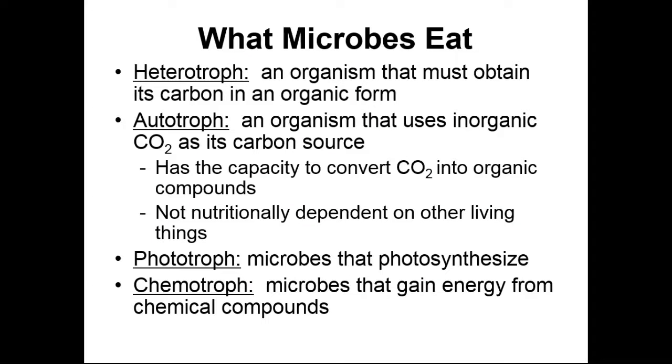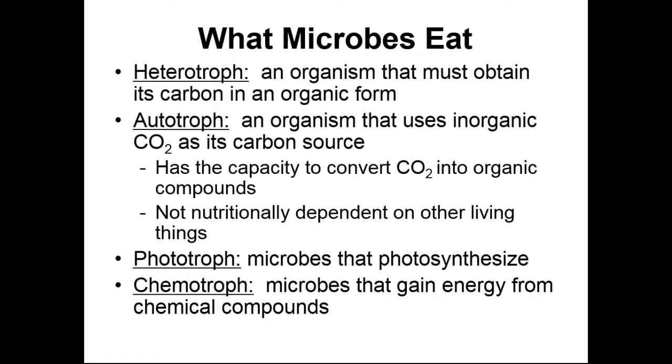So if we look at the food that the microbes eat, microbial nutrition in terms of just a food source and where they get their food from, we can categorize our microbes in terms of where they get their carbon and in terms of where they get their energy. Organisms that get their carbon from organic forms are always going to be referred to as heterotrophs. You could think of a heterotroph as something that needs to eat, so to speak. This is going to be your stereotypical microorganism that consumes what we consider stereotypically to be food. So it needs to eat some carbohydrates. It needs to eat some proteins to get its carbon from those organic forms.